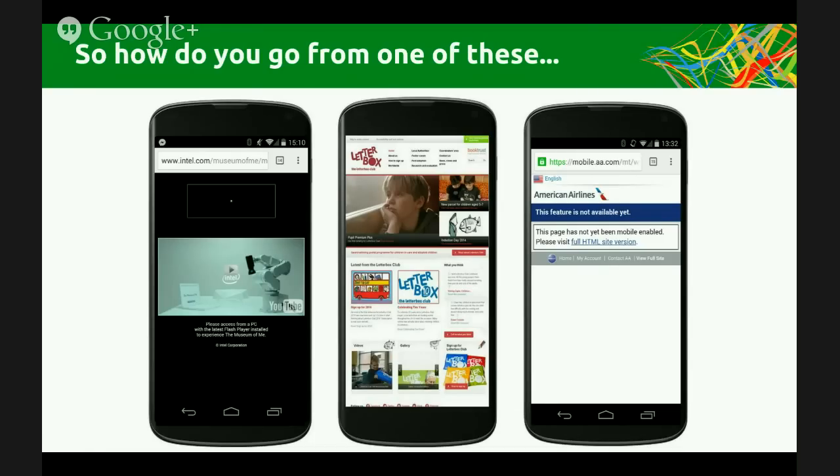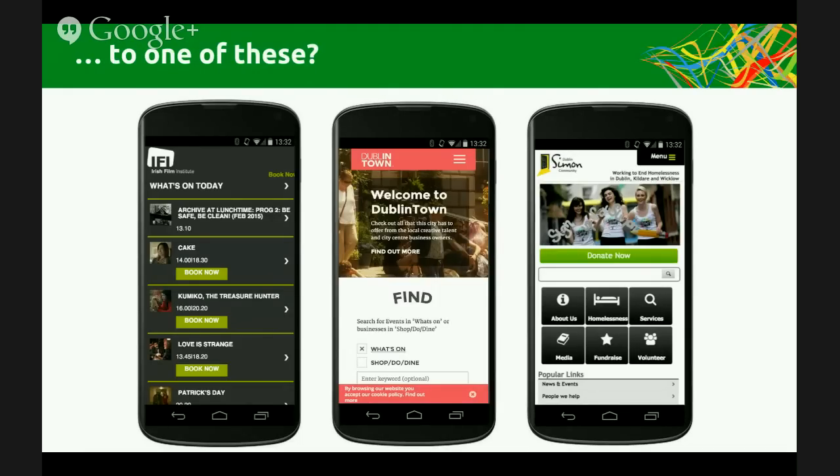And we hope with this campaign to make sure that you are all aware of how you go from one of these to one of these. And these are simply 3 quick examples of mobile pages that are providing a user-friendly experience and therefore also have a user-friendly label in the search results, informing users directly that they can have a user-friendly experience here. So we will not go into the specific elements of mobile friendly websites today, because there's a couple of great Hangouts coming up over the coming weeks that will talk about these part by part.